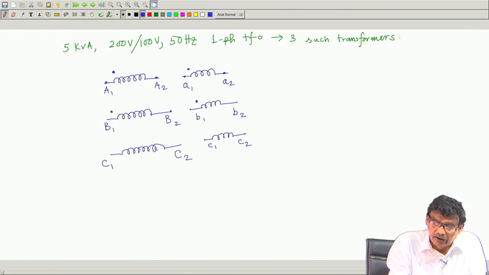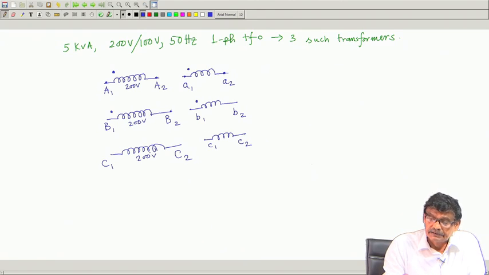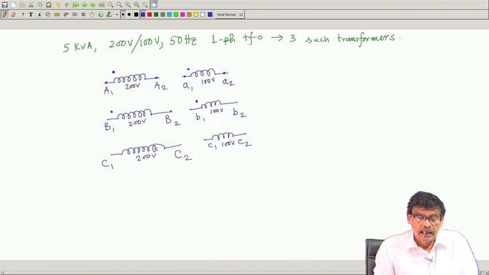So, the rating of this winding is 200 volt, this winding also 200 volt, rated voltage, and similarly rated voltage of this secondary coils are also 100 volt, this I know, and also I